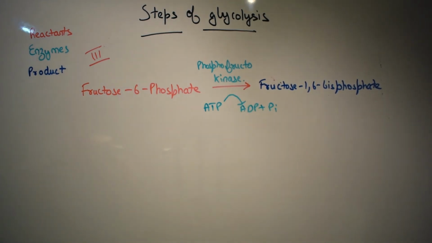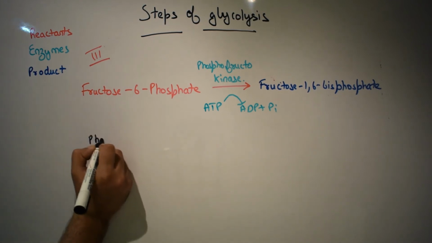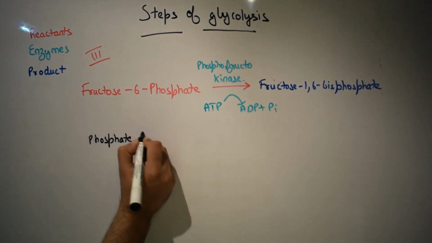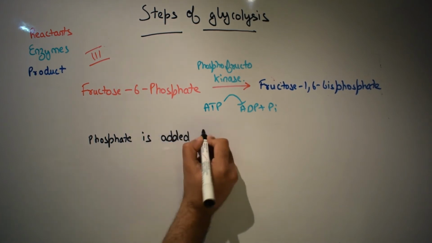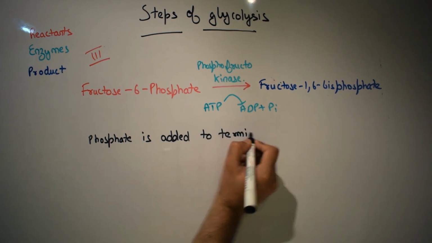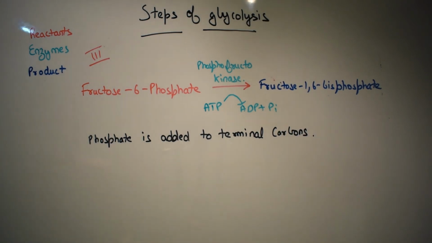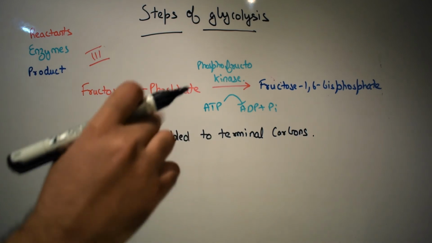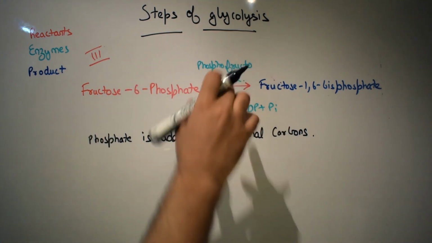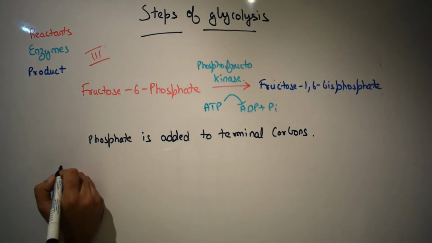So one more ATP is consumed in the preparatory phase of glycolysis in the third step. This step adds the phosphate to the first and last carbon. So phosphate is added to the terminal carbons of the molecule. The terminal carbons have the phosphate, which means they are charged up, full of energy, because they are bound by a high energy phosphate bond. And this is also through the enzyme phosphofructokinase, and it is the second checkpoint